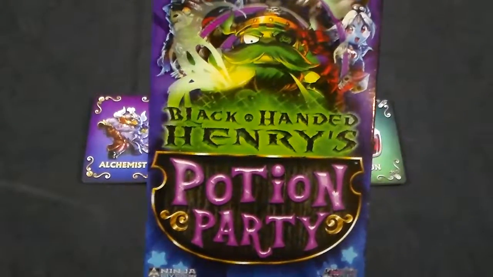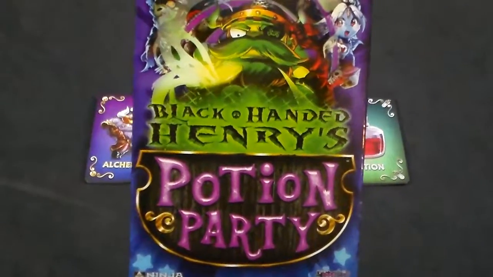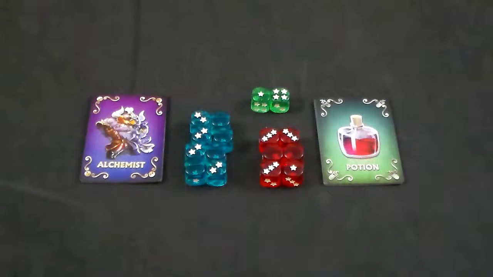Welcome, captive alchemists, to Black-Handed Henry's Potion Party. Black-Handed Henry's Potion Party is a press your luck dice game for 2 to 4 players, where players take on